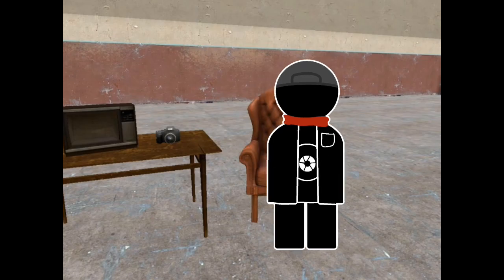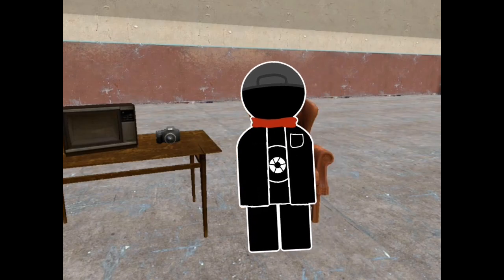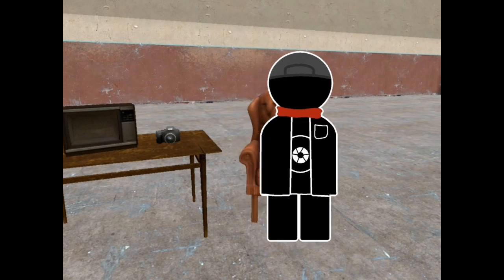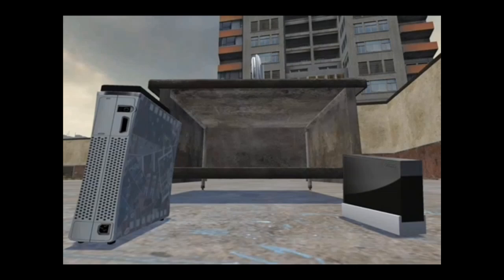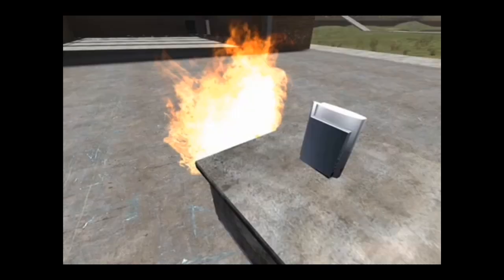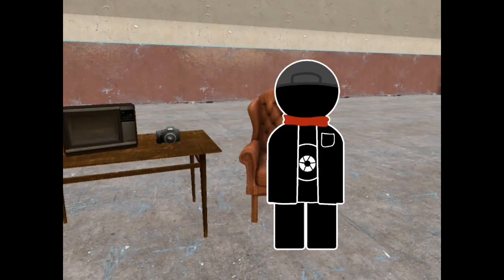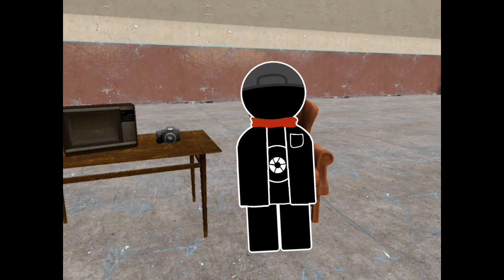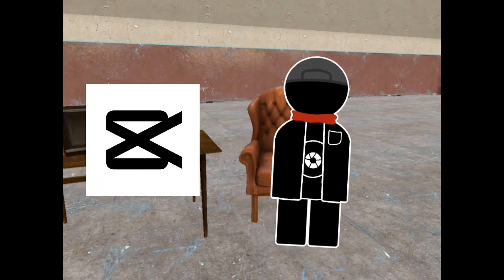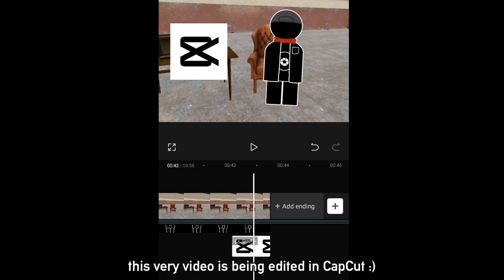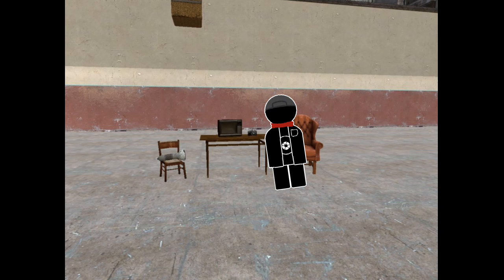For this Gmod ARG, you'll obviously need Garry's Mod on Steam. You also need a video editing software. If you want to go with that authentic old Garry's Mod video style vibe, download Windows Movie Maker. But if you want something more sleek and modern, if you're on mobile, I'd recommend going for CapCut. It's basically the best for mobile and it's pretty easy to use. If you're on PC, however,